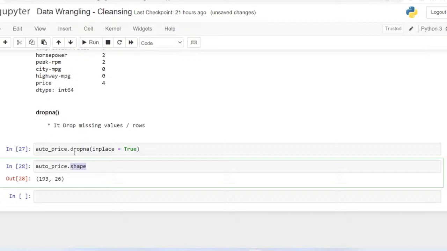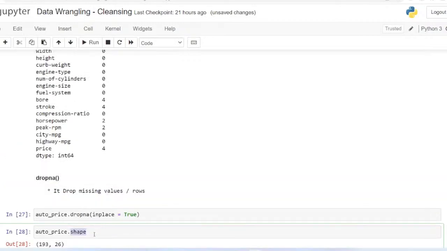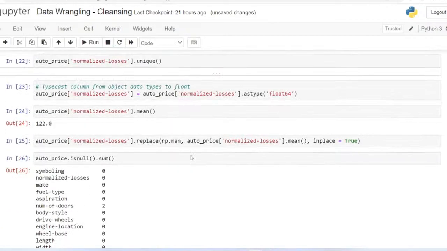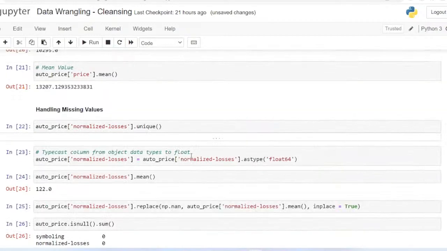Why have we changed all NaN to mean? I'm discussing the various strategies to handle missing values. So this is what we have to learn, the different strategies. This is one of the strategies that we apply. Now, if it changes anything,